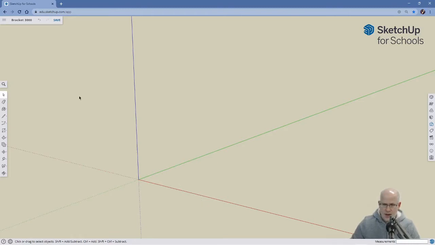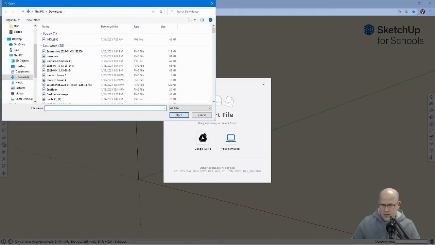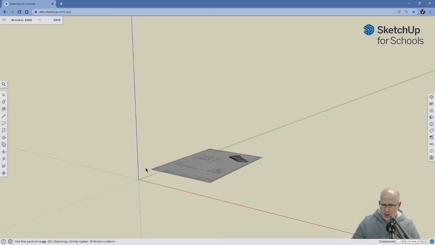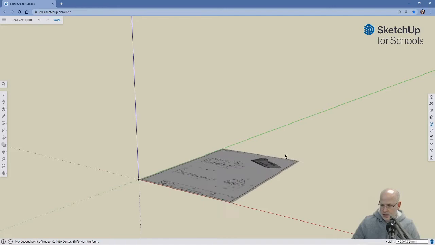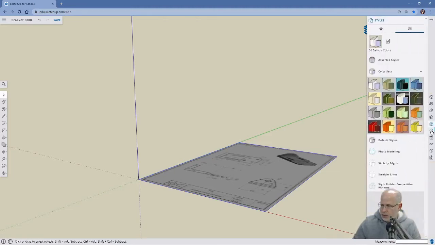Okay, and I'm going to go to insert. The image is on my computer. I know this is the file I need. It's a JPEG. I'm going to click image, and I'm going to hover over the origin, click and drag out a little bit. That's probably good right there. Okay. Then I'm going to go to, let's see, I want